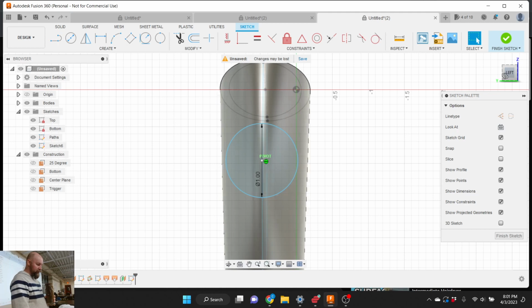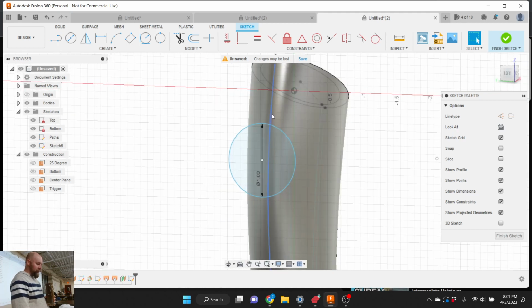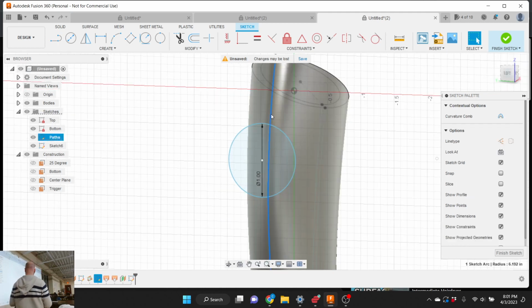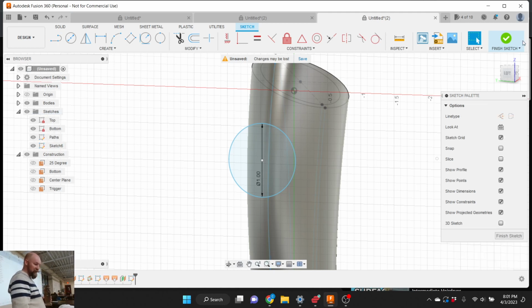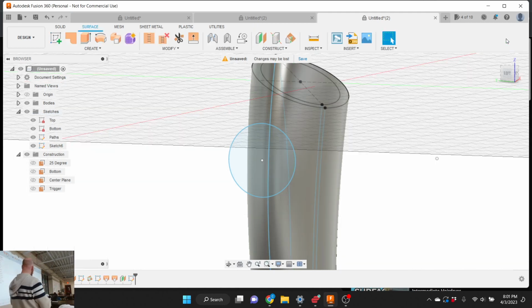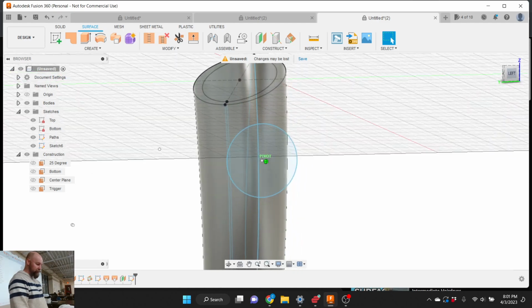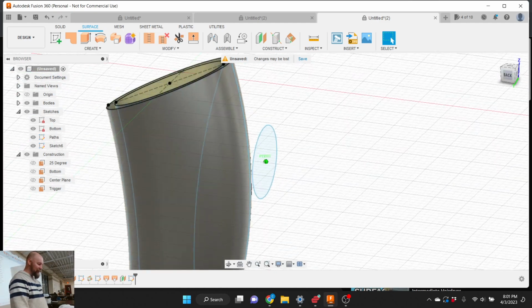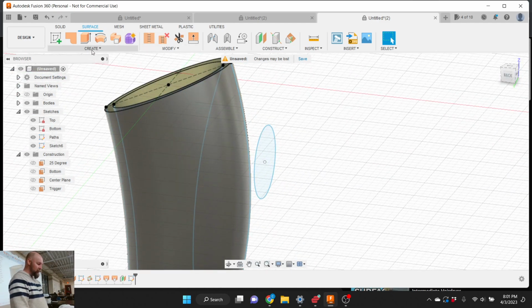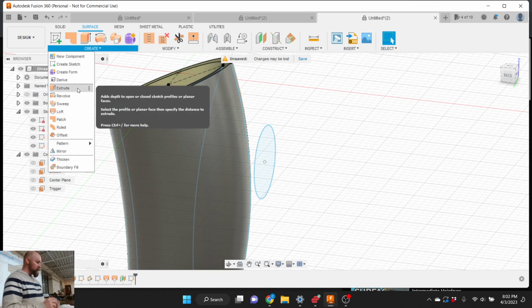If I was being exact about it, what I would do is I would project over one of these curved lines that was our rail, so that I know our center line is right in the middle. But in the interest of time, I'm not going to do that. I'm just going to say finish sketch. And now I'm going to take this circle and I'm going to use the extrude tool from the Create menu in the